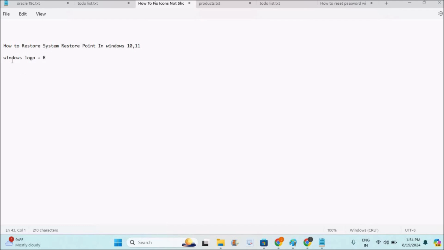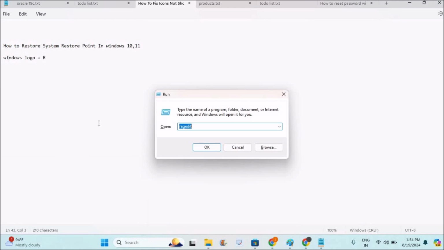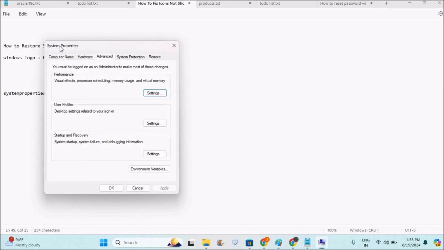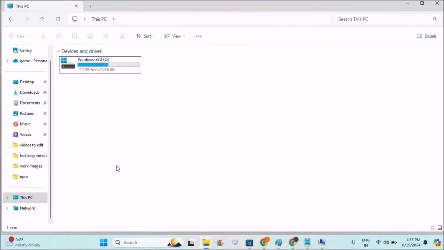It is very simple. First, on your laptop, press Windows logo plus R to open the run command. See here, this is the run command, and here you need to type system properties advanced. See here, system properties advanced. I'll drop it here. Yeah, so press enter. So this will open the system properties tab,